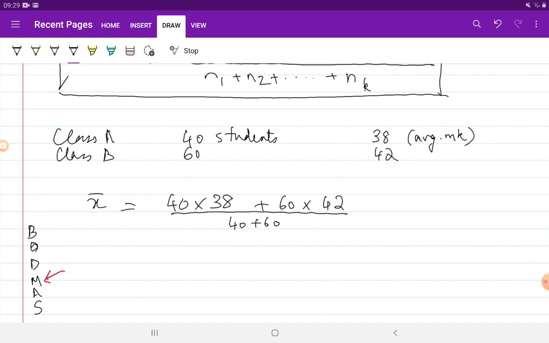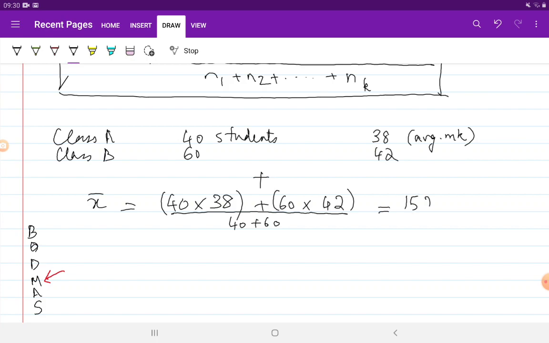So what that means is, first I'll solve 40 into 38, then I will solve 60 into 42, and then I will take the addition of these two terms. Okay, if you're using a scientific calculator, it becomes very simple, but for others, if you are using the normal calculator, please be careful that the order of operation is multiplications should be solved first and then the addition. Okay, so the answer in this case would be